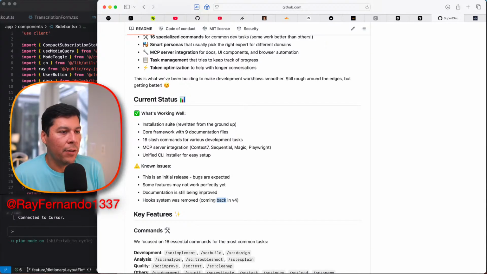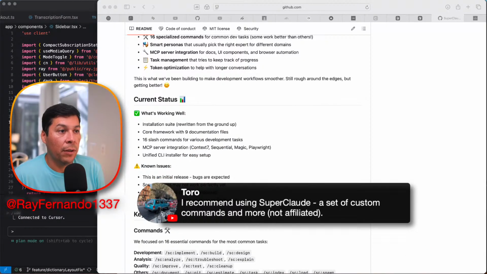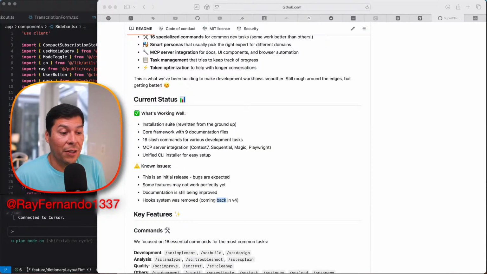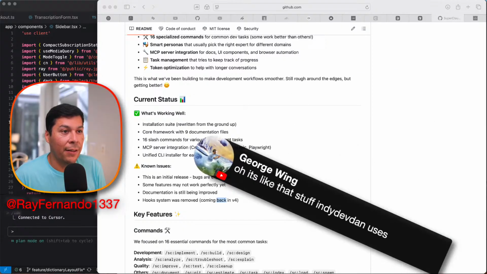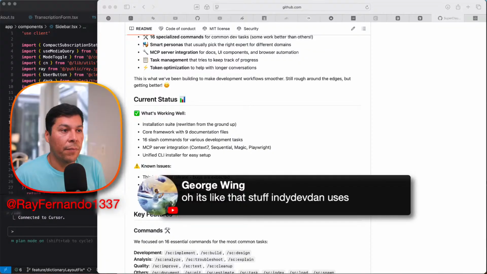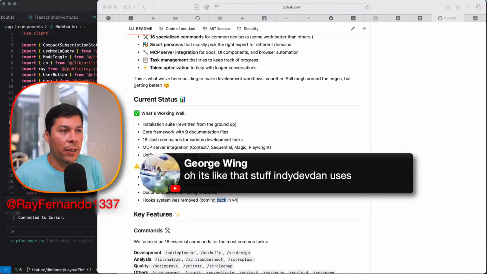It sounds like this is still very early, Toro. So I would love to hear what your experience is with bugs that you're finding using this, and where your limitations have been as well. It sounds like it's very, very early though, as far as what's going on. So it's like the stuff that Indie Dev Dan does, some really cool stuff. A lot of times I'm trying to keep my workflows extremely practical, and a lot of the configurations are super crazy, but these models are very intelligent.